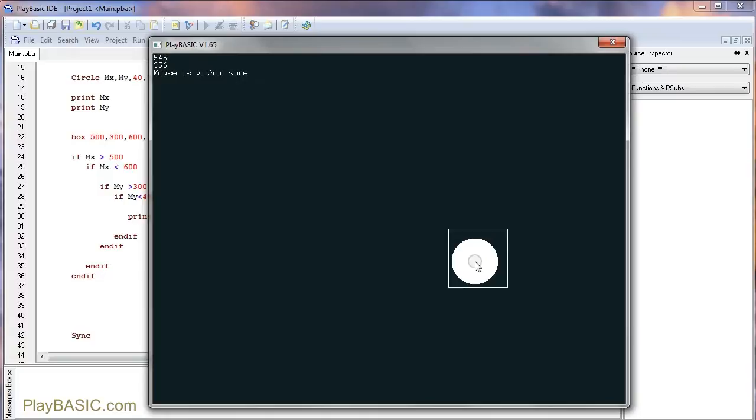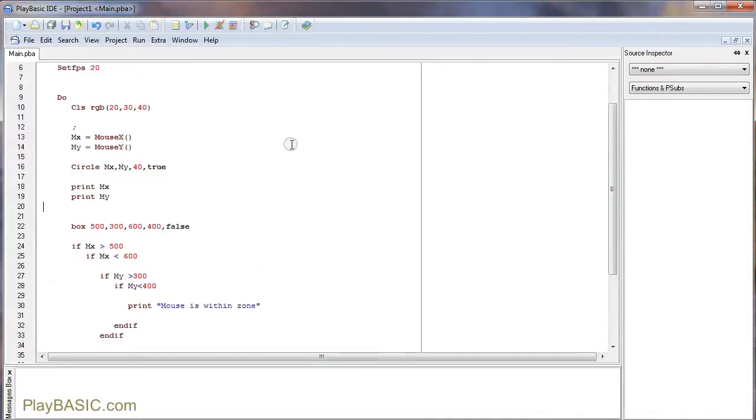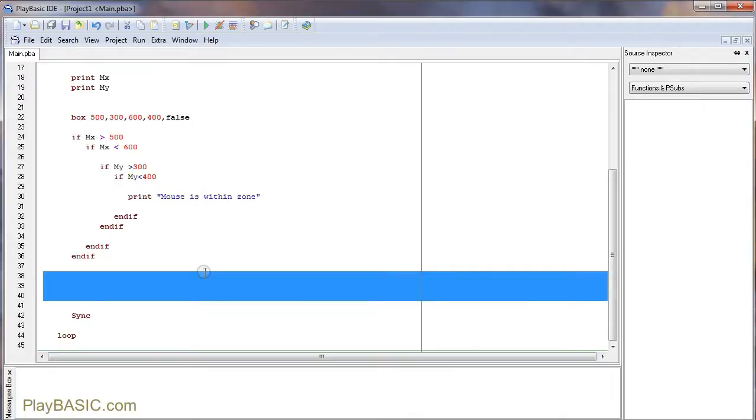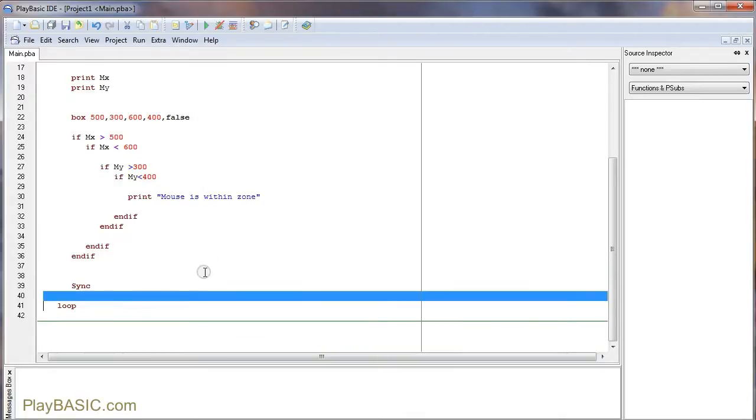That's a pretty common comparison you'll be doing in games. You'll be checking if two things overlap, or you'll be checking if something's within a set of criteria that you've defined. It's kind of hard to define what those criteria are just in a tutorial like this, but